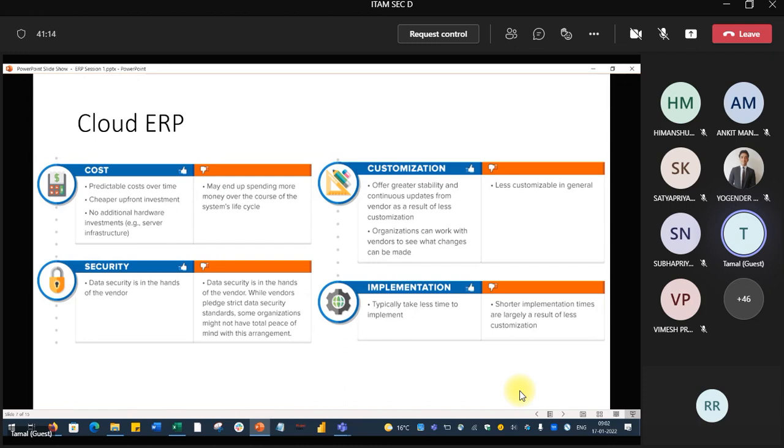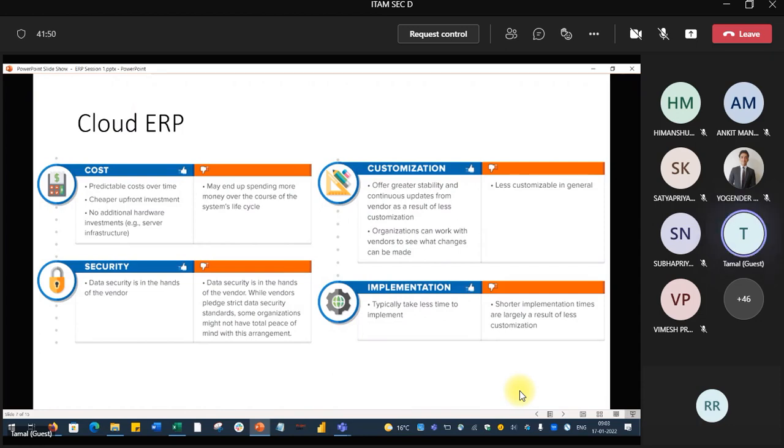This is known as GDPR, where the data for all your customers has to be kept in the country, and whenever a customer asks you to show the details of whatever you are saving, you have to show that. Those types of things were not there in the ERP software, right? So we have to customize that sometimes. These are the few things where you have to do the customizations.